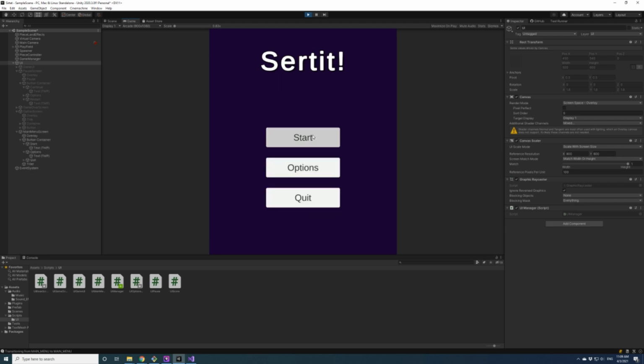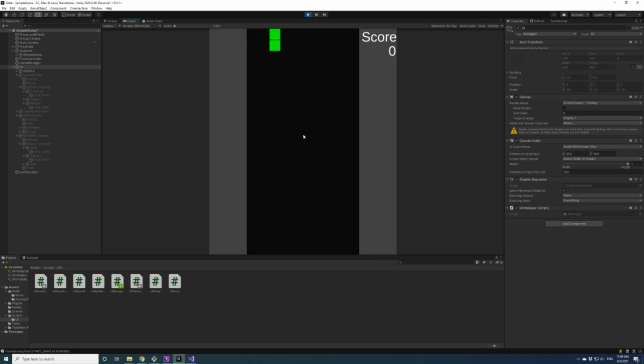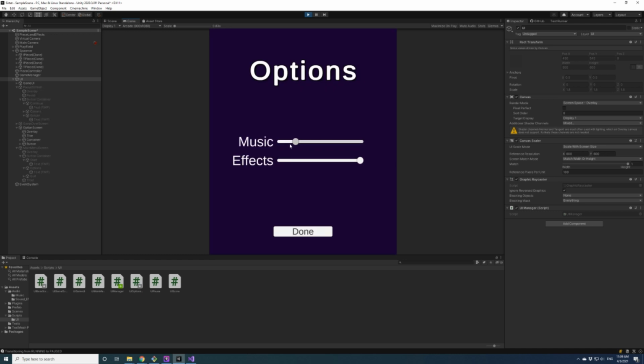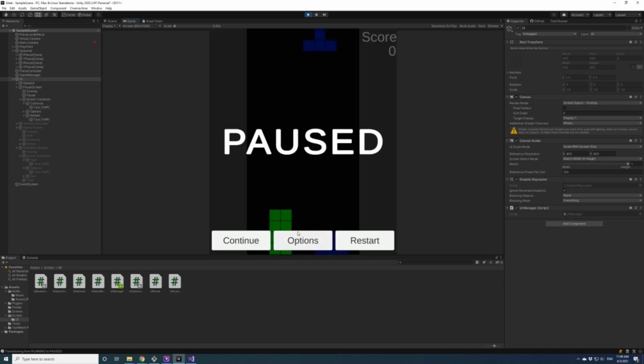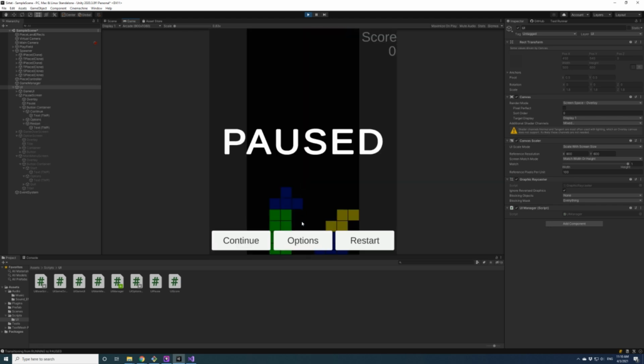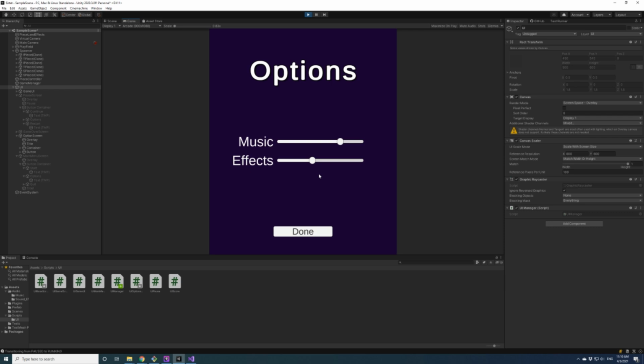Adjust the volume, good, start. We just wait for pause, we can go to options. Still dynamically controlling that, reduce that, hit done, it returns to this. But what happens if we're in the pause screen, go to options, and we get, it just resumes.